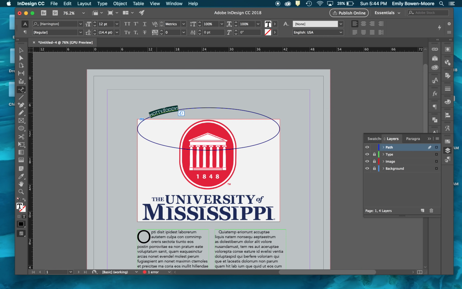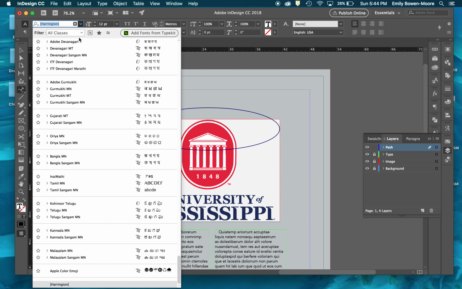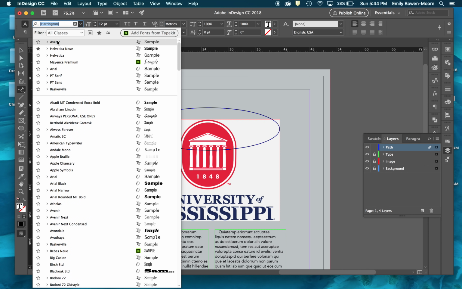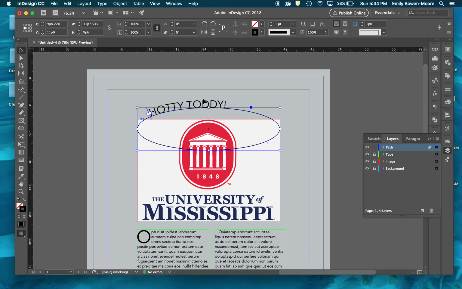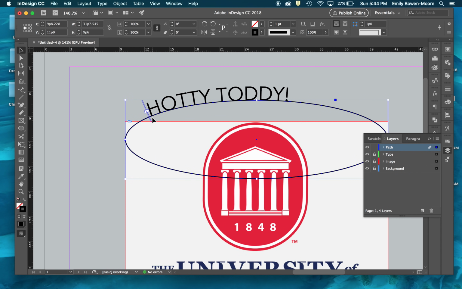I'm going to select all, Command A or Control A. I'm going to change this. I'm going to go back to the Avenir. I'm going to make it bigger. Say 28 points here, that works fine. And as you can see, it's way over here, still not centered. But instead of using your space bar key to jump it over and click to make it go over,